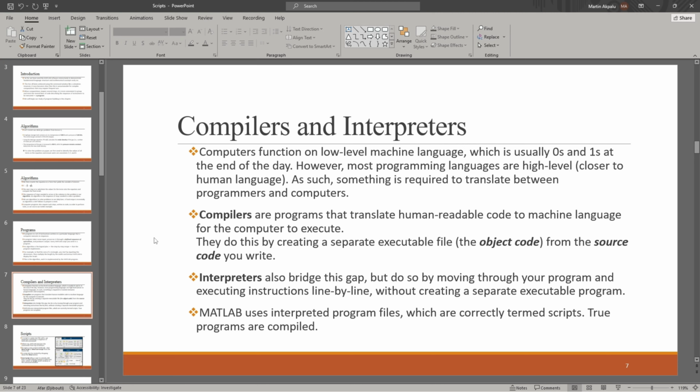Now, programs like MATLAB, Python, and so on do not use compilers. They are interpreted languages. So what interpreters do, instead of translating the entire block of code inside a program into a new executable and then running everything, is go through your program one by one, translate every line and execute it. So they do not create separate executable files, but they move through the program line by line and then translate and run